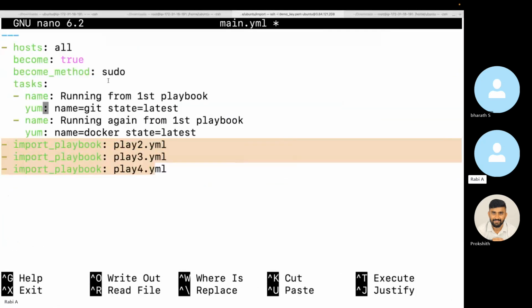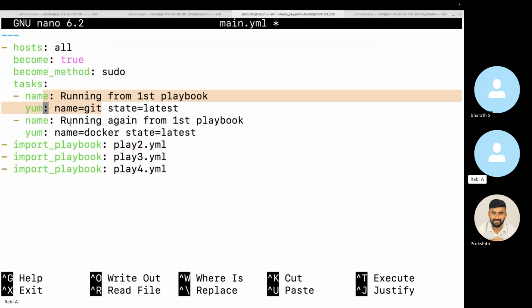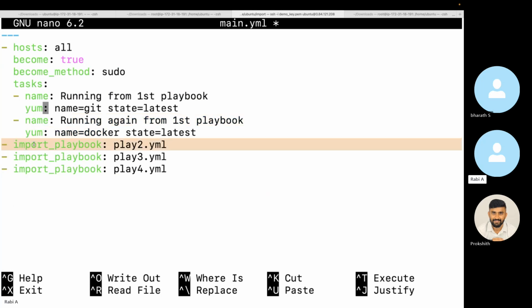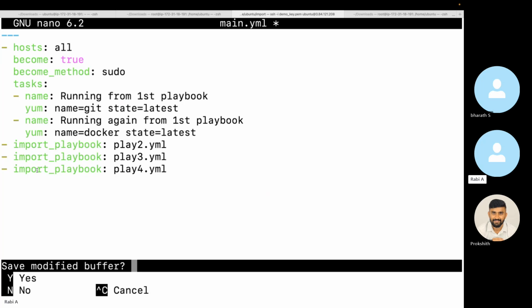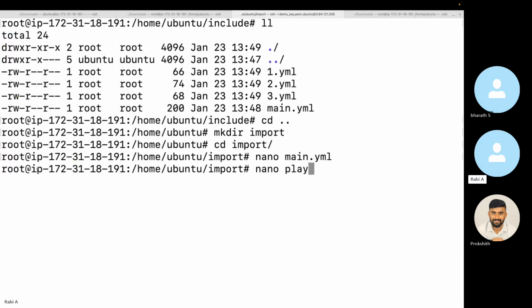So we set it to all. I want to install Git, I want to install Docker, and then I want to trigger my play2.yaml, play3.yaml, and then play4.yaml. Okay, now, so let me quickly create this play2.yaml,